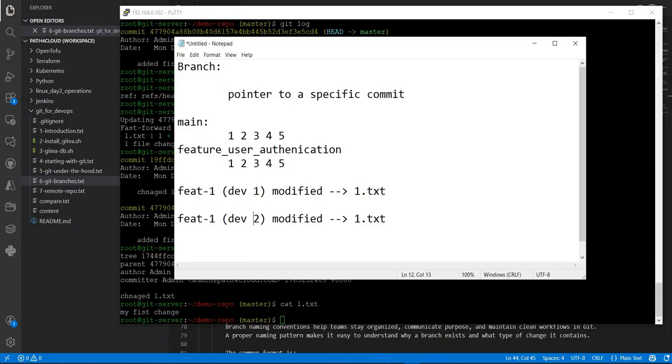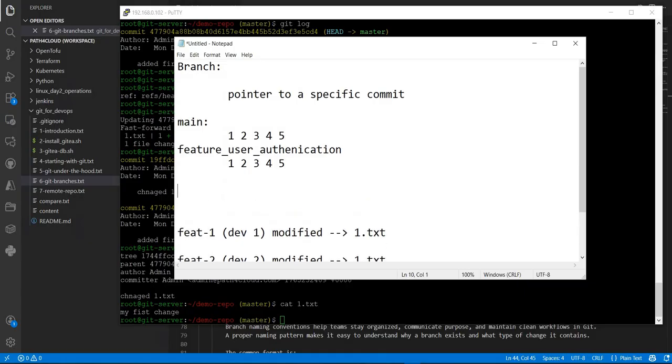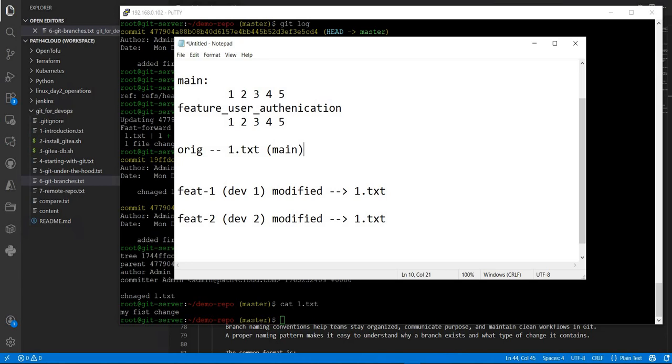And at the same time, the feature 2 branch is there, where developer 2 is working, who has also modified one.txt. And here we have some original data, one.txt, in our main branch. Okay. Now we have done our changes. Both developers have done their job. Now they are trying to merge, right? So what will happen is now